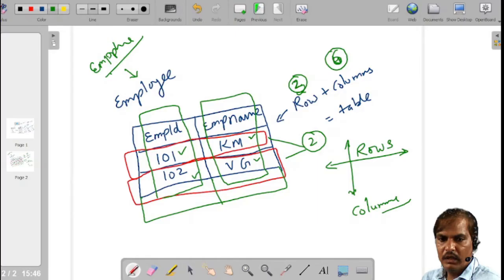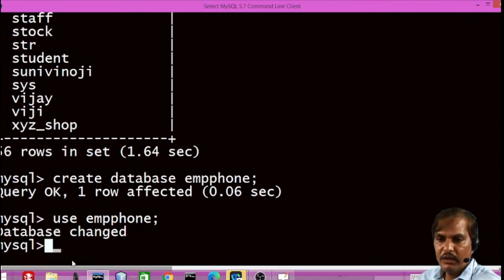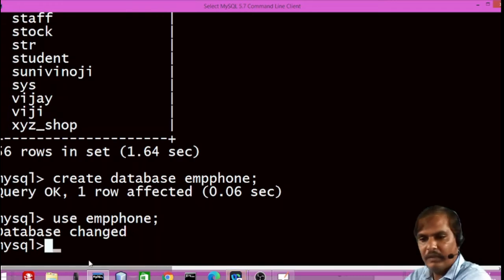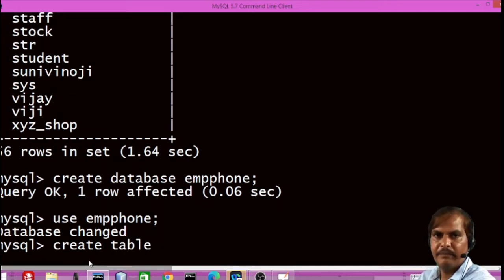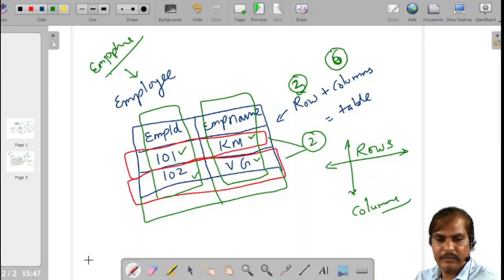Now the question, how to create these table in MySQL? In the same way you can create table, same command create. Instead of database you have to write table. Before creating table, one more thing I want to explain. You can see in